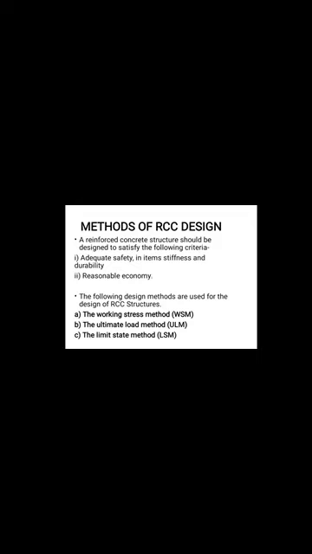Number one is idealization of structure for analysis. You have to idealize the structure, that means proper symmetry must be there in the structure, and the members should be carrying forces within their permissible limits. That means one member carrying a high amount of force and another member carrying a very low amount of force, that kind of idealization should not be done. So the structure has to be analyzed precisely into an idealized form.